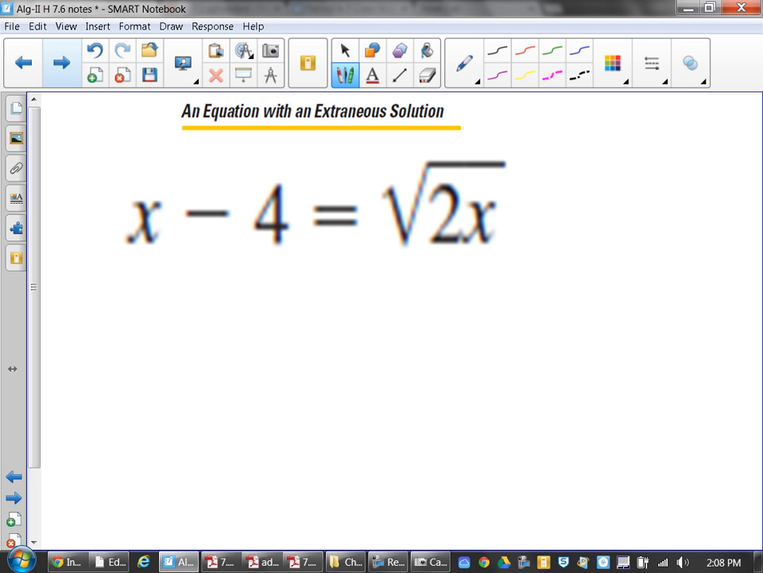There's a header. An equation with an extraneous solution. Dun, dun, dun. I'm guessing. What do you have to do first here? You have to square. Now, when you have on the left-hand side a squared binomial, which means you